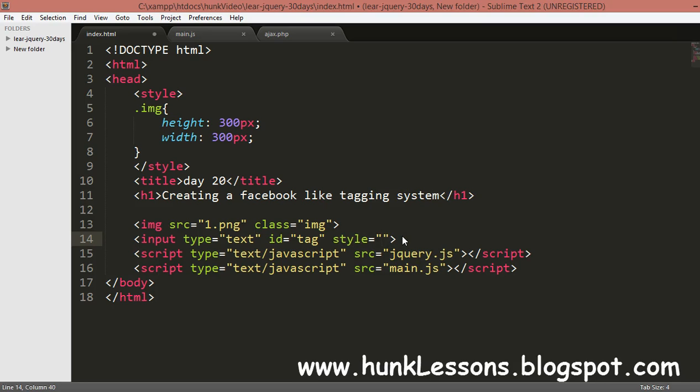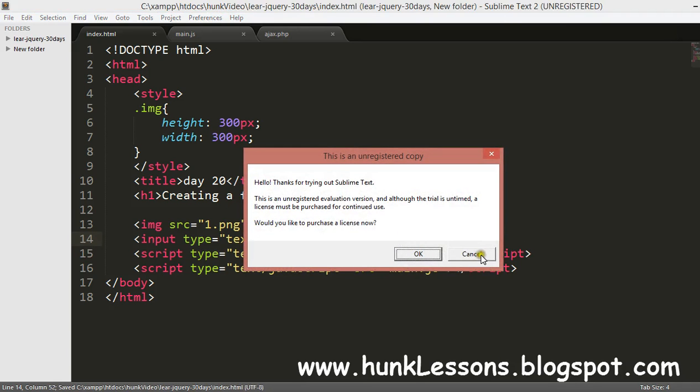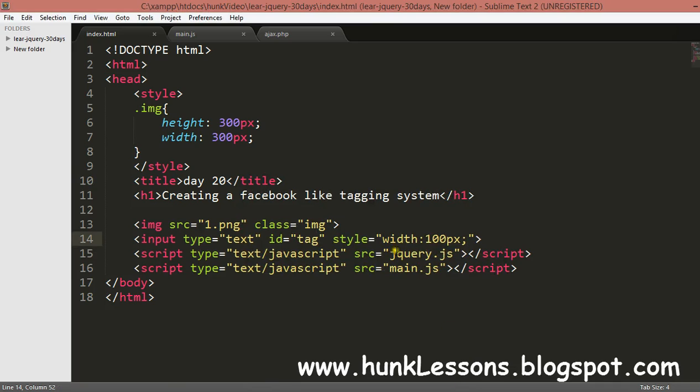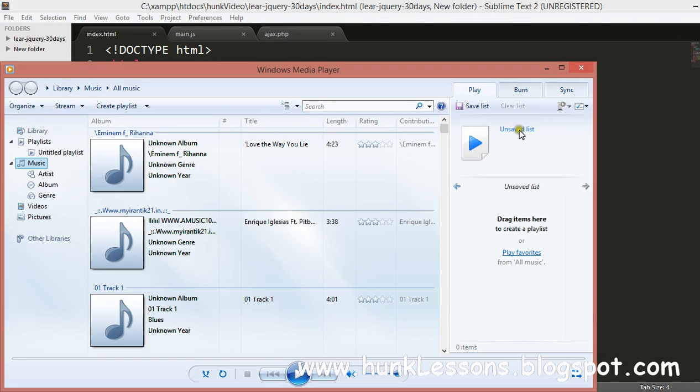I will do the CSS property instead, with the style. When you start doing programming, you get into some small problems and you try to solve them yourself. Then only you will be a perfect programmer that can handle any problem.